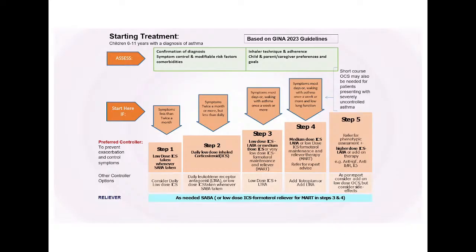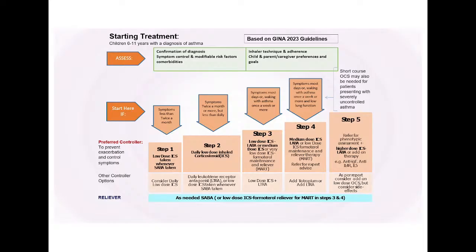And for maintenance also we are using the same low dose inhaled corticosteroid plus formoterol. So this is called maintenance and reliever therapy. Means we are using the same for maintenance and the same for reliever: budesonide plus formoterol. Formoterol is a long acting beta agonist, budesonide is a steroid. So we are using the same inhaled combination, Foracort, that is the trade name, for both as low dose controller and as reliever also. This is called MAT, maintenance and reliever therapy.